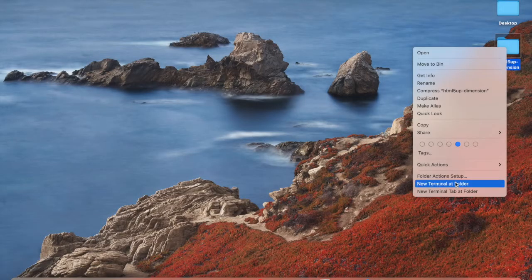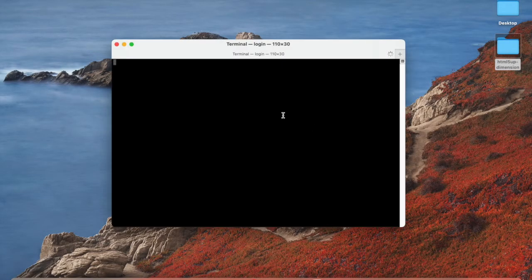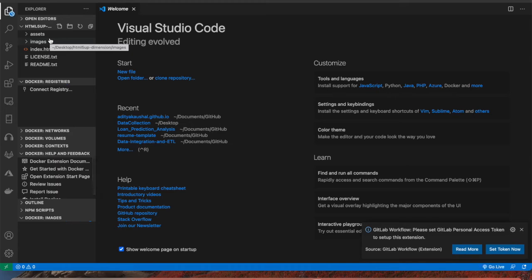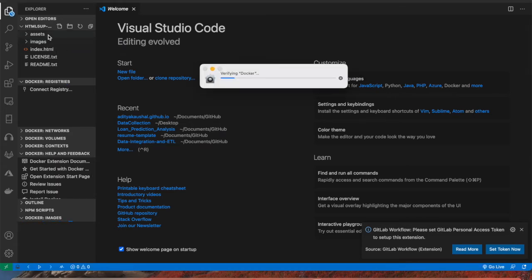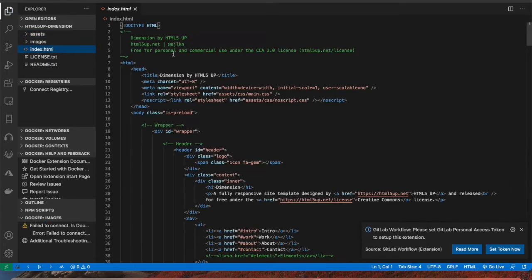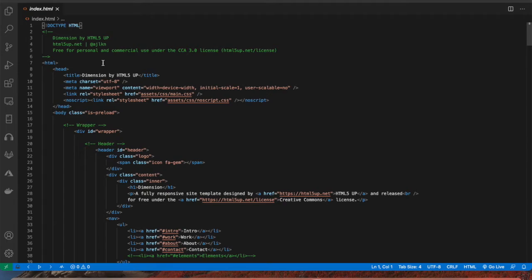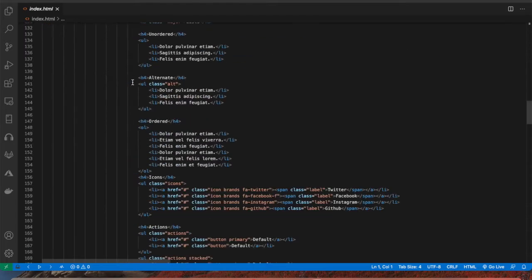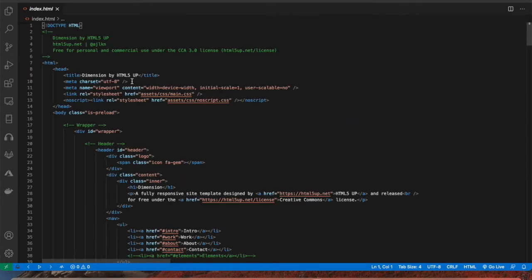So I think I'm going to use the terminal here. There is a small command which you can directly use to open this in a VS Code editor. All the files and resources that are used to make this template are located here. You can go to the index.html, and here you can look at the HTML file, which contains the HTML tags or the syntax for the texts that are presented on the website.